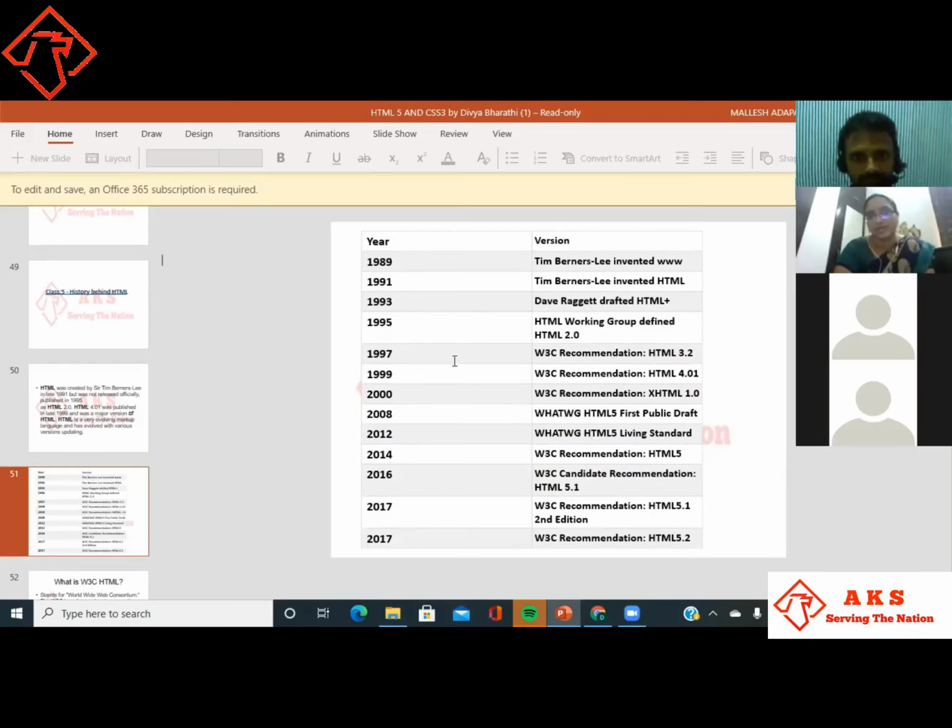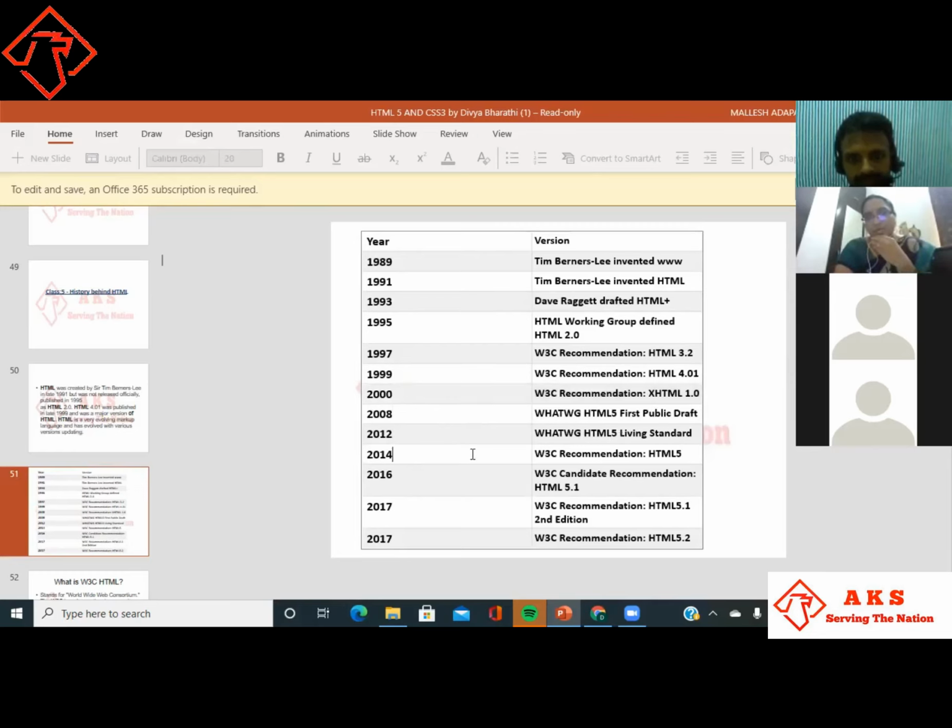In 1997, W3C recommendation HTML 3.2. In 2000, W3C recommendation XHTML. In 2008, HTML5 first public draft. In 2012, HTML5 living standard.